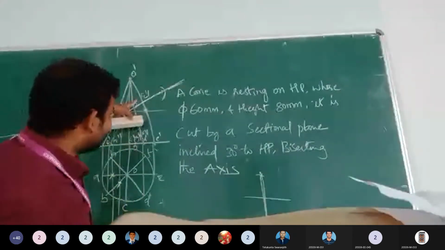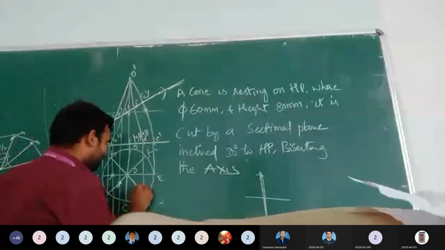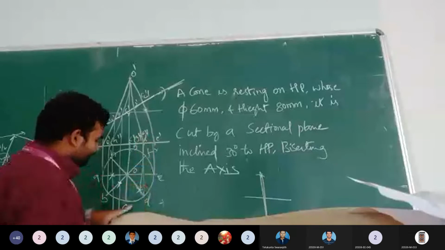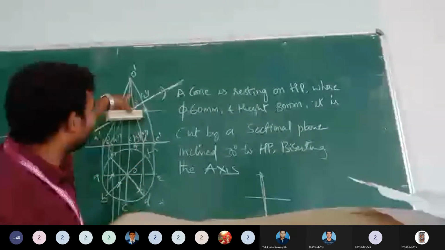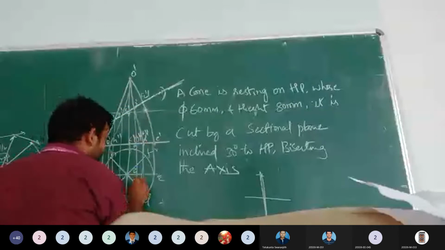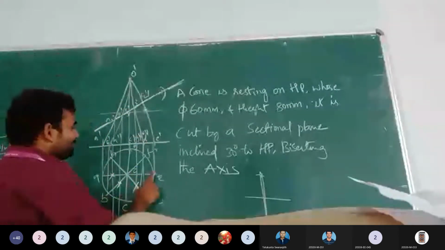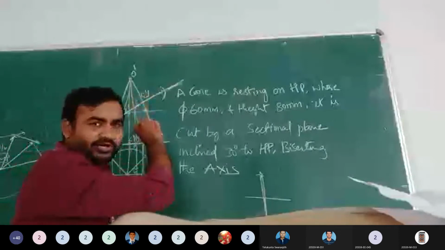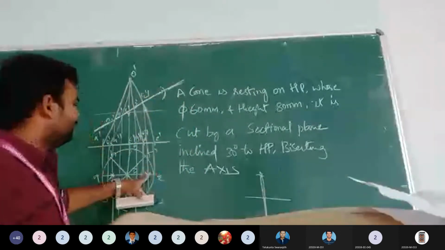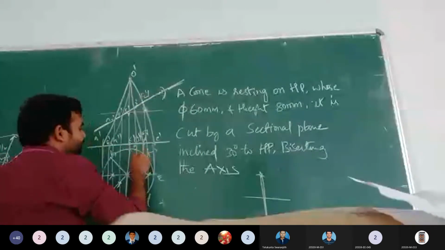And next is D. Where is it touching? Somewhere here. Actually, according to the dimension, it may touch somewhere here. This is your D line, and from the top, actually I did not draw D. I am projecting downside. This is your D point. And next is E. From this point, I project, and this is your E. And F. When I am projecting here, you can get an F over here.